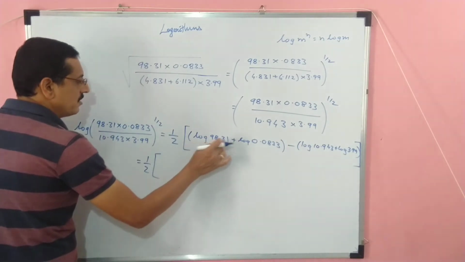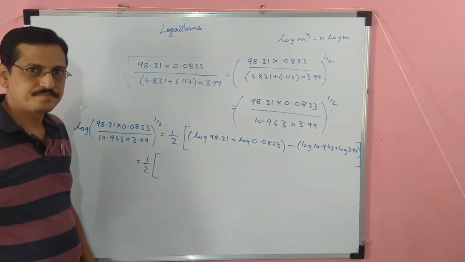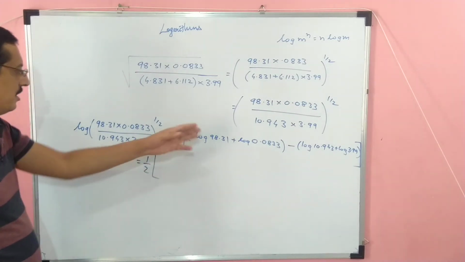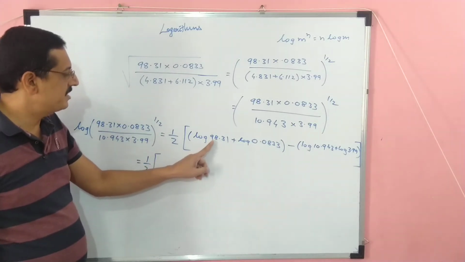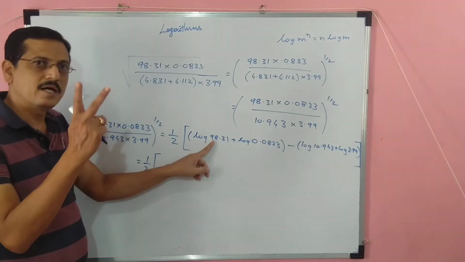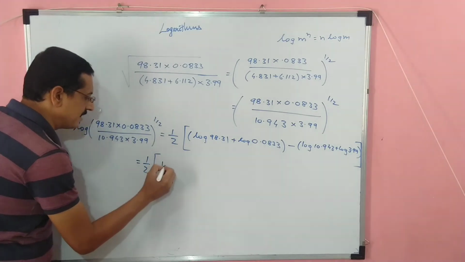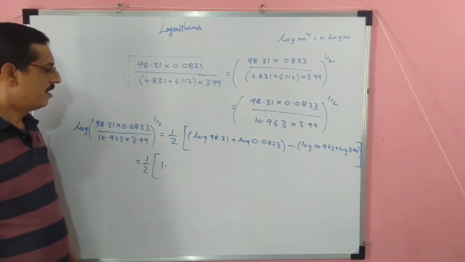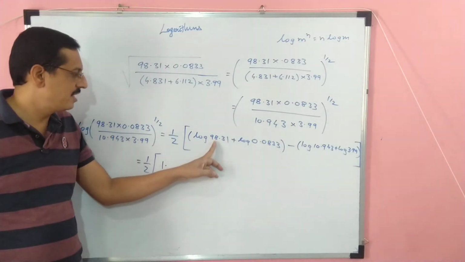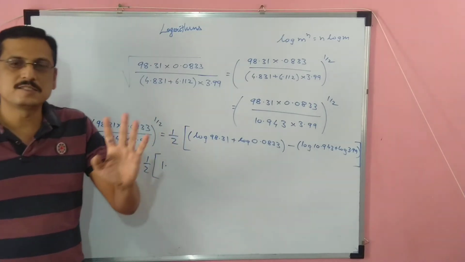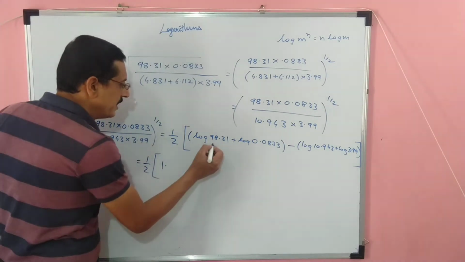नाउ वी हैव टू राइट डाउन द लॉगरिथमिक वैल्यू ऑफ दिस. सो लॉग ऑफ 98.31. सो स्टूडेंट, 98.31 डेफिनेटली इट इज ग्रेटर देन 1 है. If it is greater than 1, you have to check how many digits are there before the decimal point. There are 2 digits. Characteristic is 1 less than that, so it is 1 point. Now student, to check Mantissa we require 4 digits. So here I have already 4 digits only. Don't worry where the decimal point is, उसका कुछ role नहीं है while checking the Mantissa. So how we have to read this?